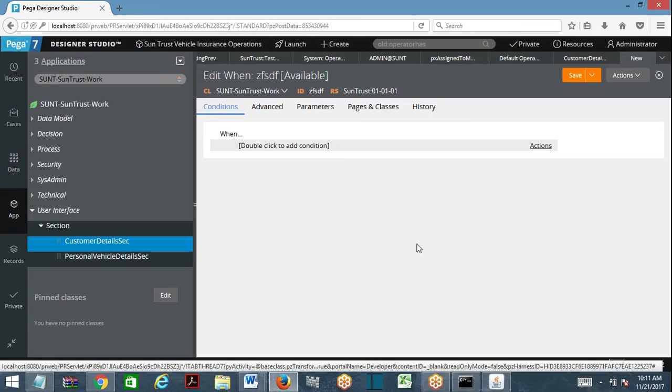You can use it in visibilities, in activities, and in the expression builder. Preconditions and post conditions also you can use. Suppose there is a requirement to execute one step only for a certain operator. How do you verify that? I want to execute this step only for that operator, otherwise skip this step.